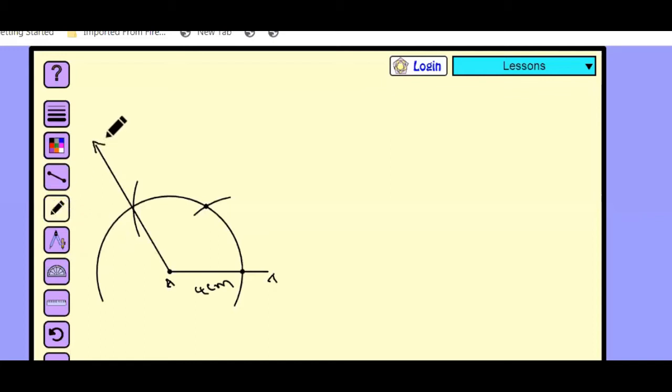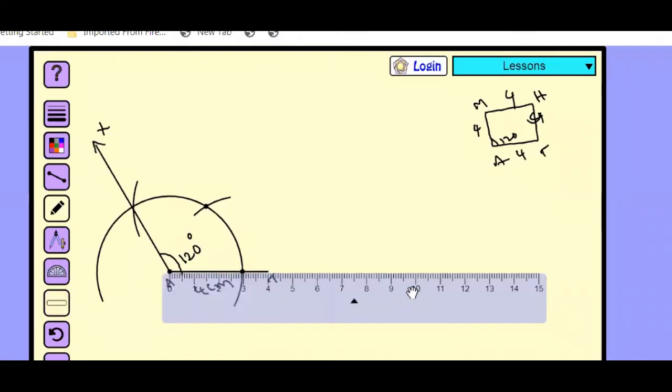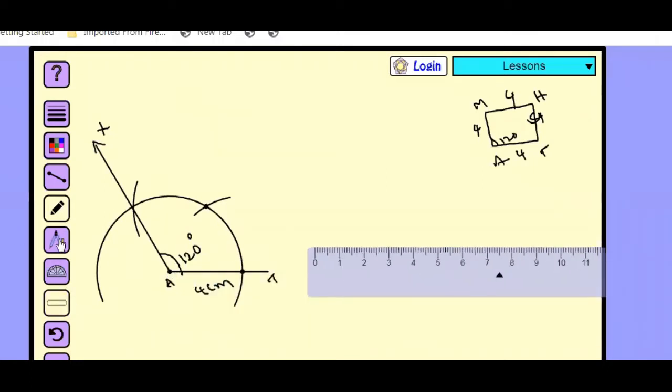And mark point AX as 120 degrees. Now next we are locating the point M on the ray AX. So for that you should take the compass and take the compass radius as 4 centimeters with the help of ruler,